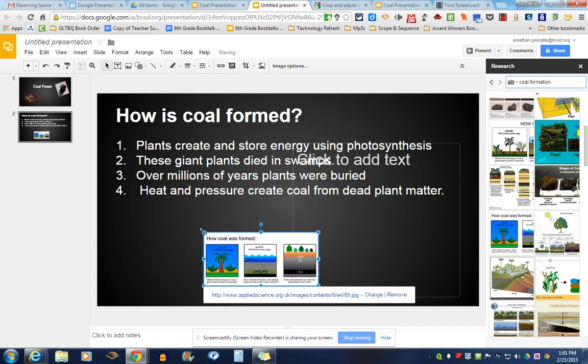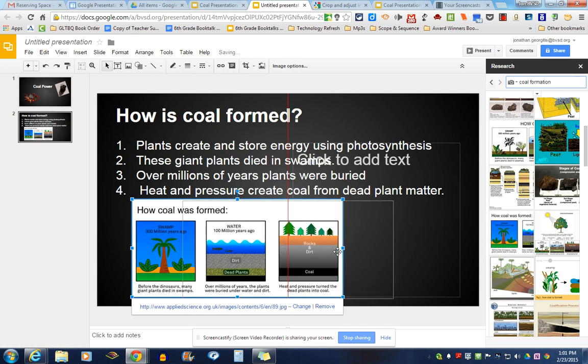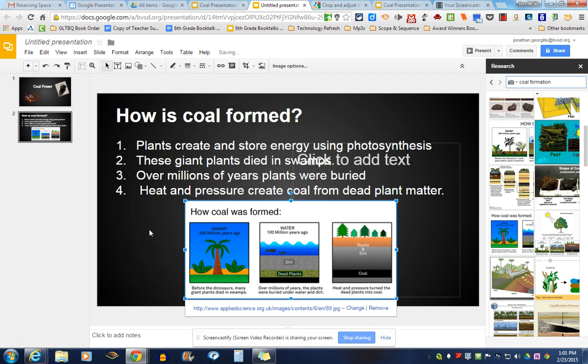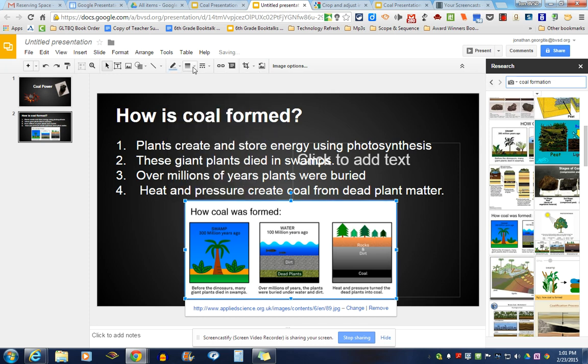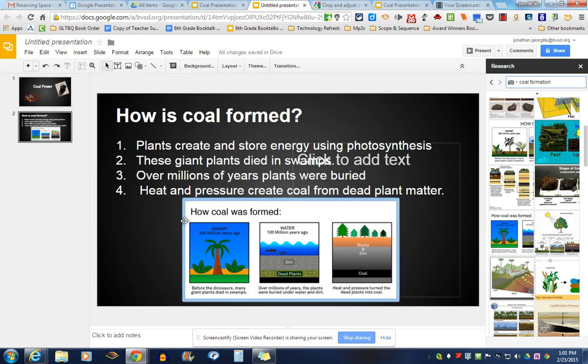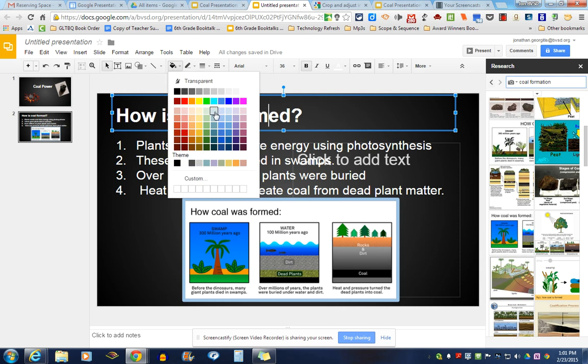So this really shows the process, and I'm going to resize it so it's a little larger. And then I'm going to mess with that border. So remember, you select the image, give it a border of, let's say, a kind of blue-gray, give it some weight. So now it stands out, and I've got my image there. You can also fill in, so if you want to add a fill to the background and make this stand out a little more,